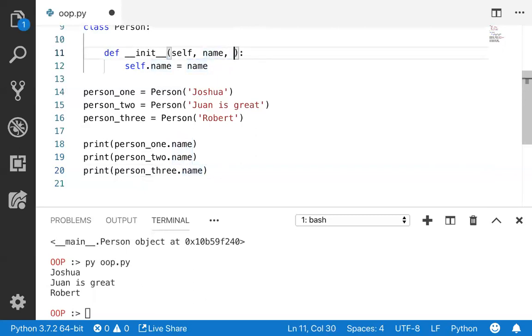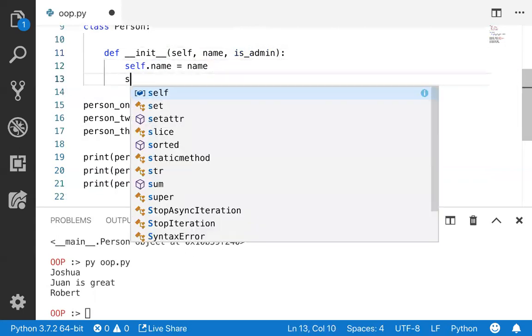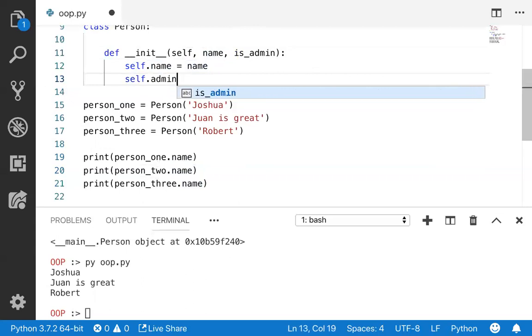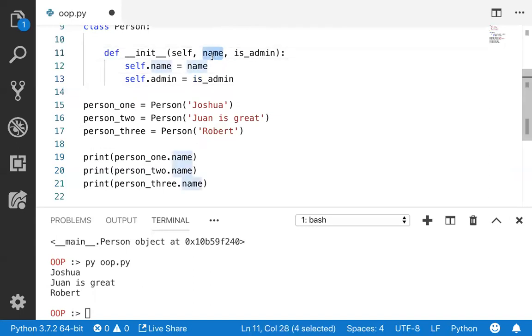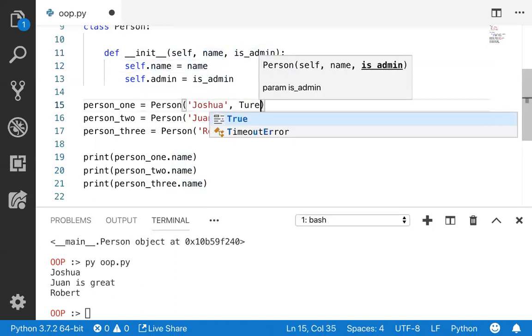And these do not have to be, let's say, is admin, right? But then I can say self.admin equals is admin. So all I'm doing is just like any other function, I'm taking the parameter that's passed in and I'm assigning it to a variable, right? Self.variable. This doesn't have to be the same, like name and name don't have to be the same. So now I can do true,